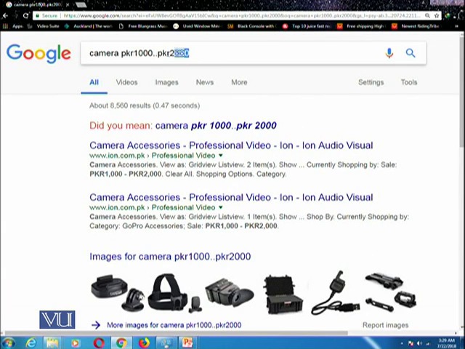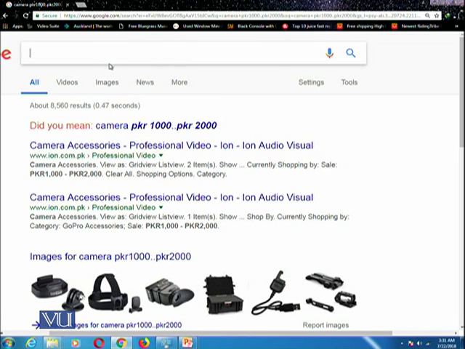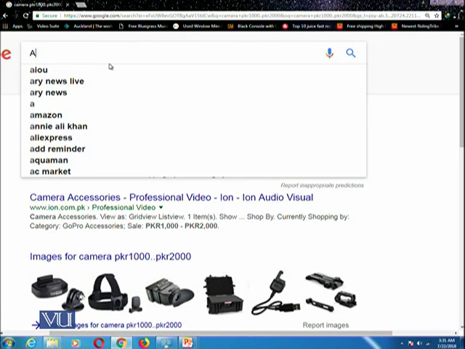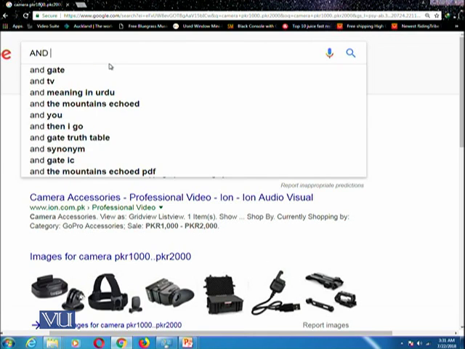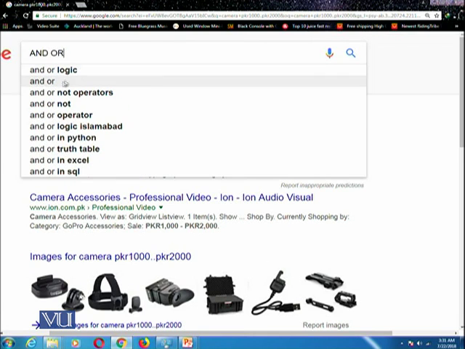Then there is another concept of Boolean search. You can use two operators, one is called AND and another is called OR. So you can write terms on both sides of these operators and they have a particular meaning.